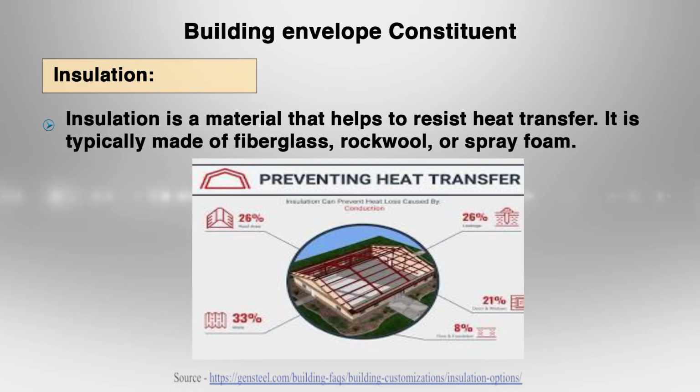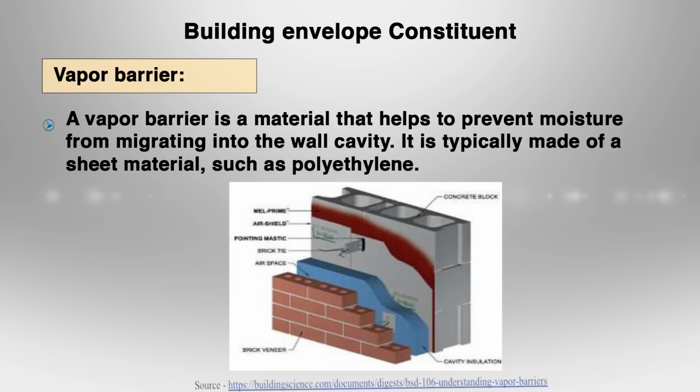Insulation acts like a warm blanket, trapping heat in the winter and keeping cool air in during summer. A vapor barrier, on the other hand, is like a strategically placed shield that controls moisture movement within the envelope. By understanding the function and type of these elements, we can design and construct buildings that are comfortable, energy efficient